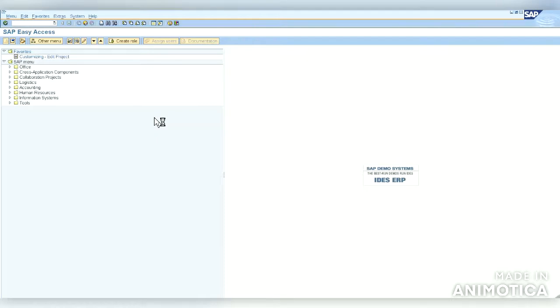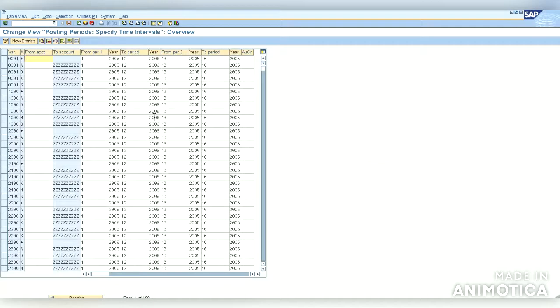When compared to S4HANA, we don't see that here; it has opened up all the posting period variants. That is a new development in S4HANA, where we can select only a particular posting period variant.